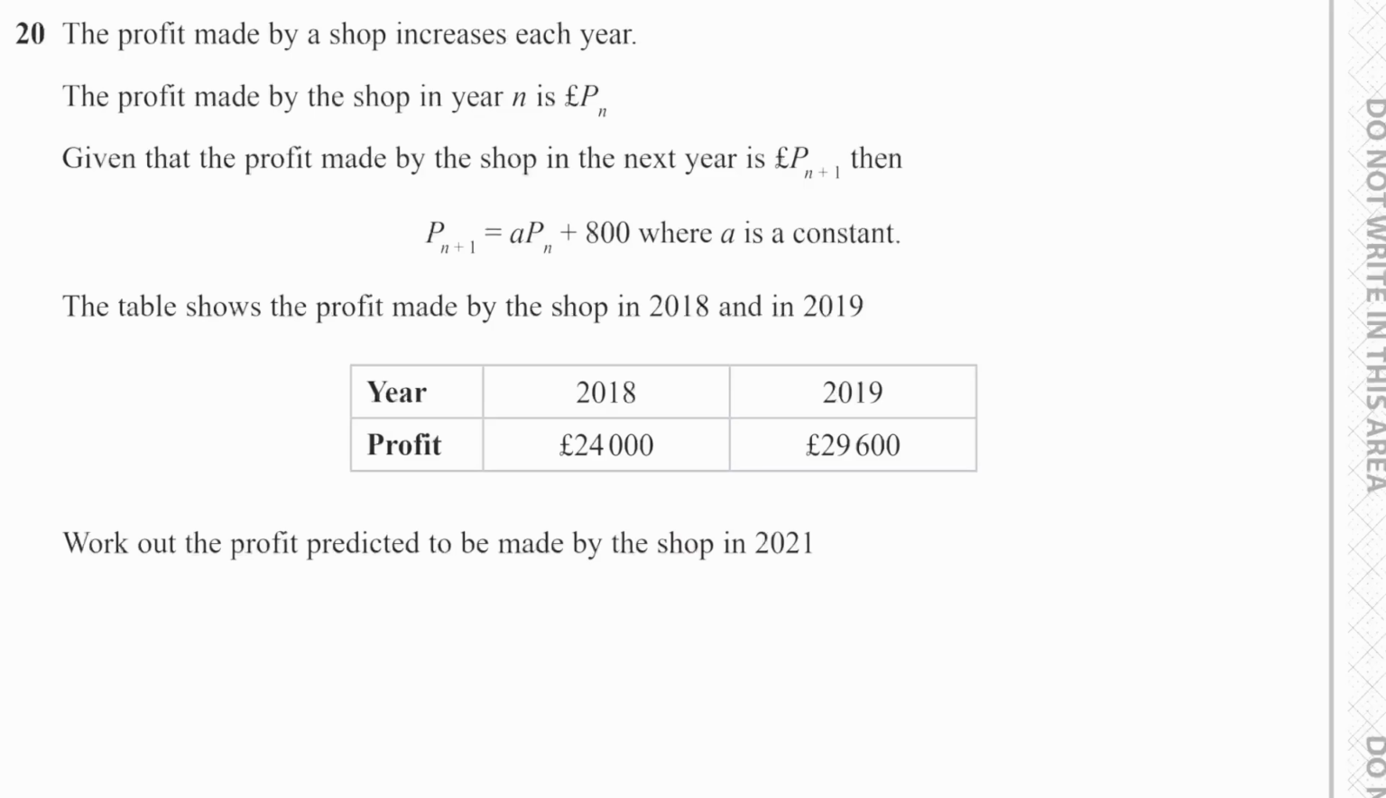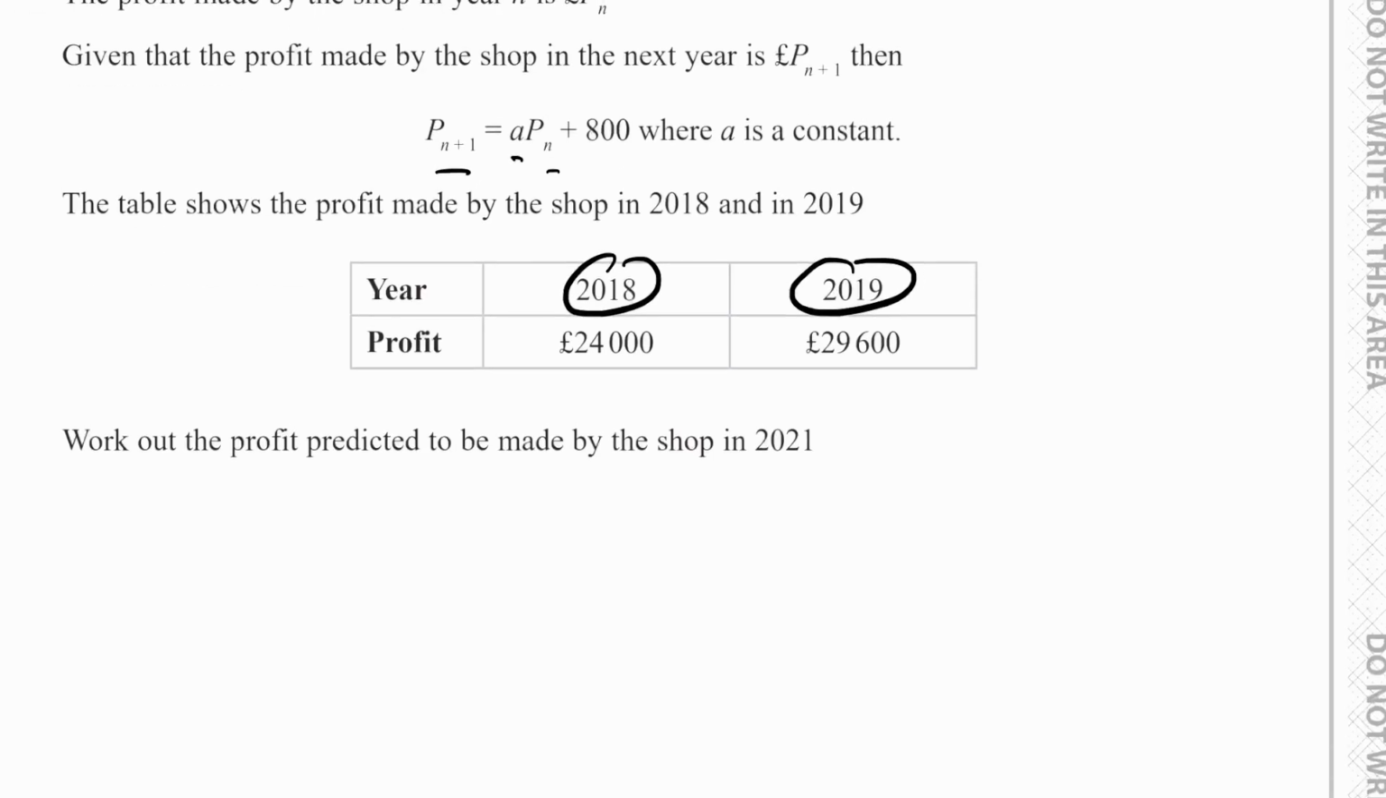So the first thing we can do here is work out the constant a, because we have the profit made by the shop in the nth year and the profit made by the shop in the nth plus 1 year, because the nth year you can take as 2018 and the nth plus 1 year you can take as 2019. So if you plug these into our formula, then we should get that